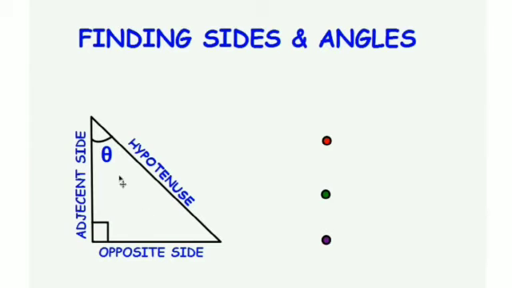Here you can see that the first angle is theta. Comparing to this theta, this is the opposite side, then this is our adjacent side, and always the longest side is our hypotenuse. Then we already learned the relation